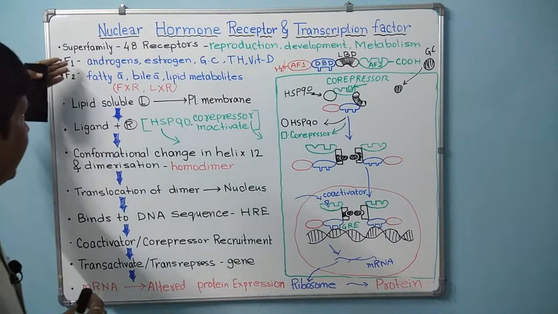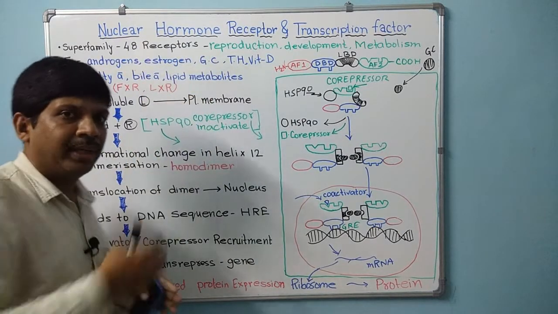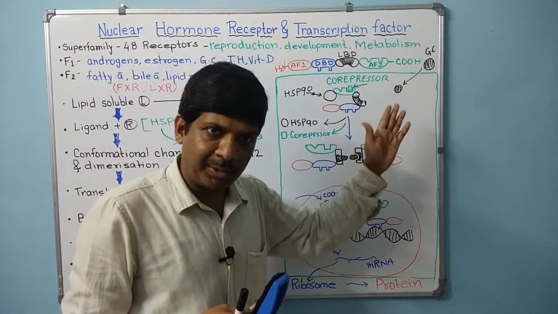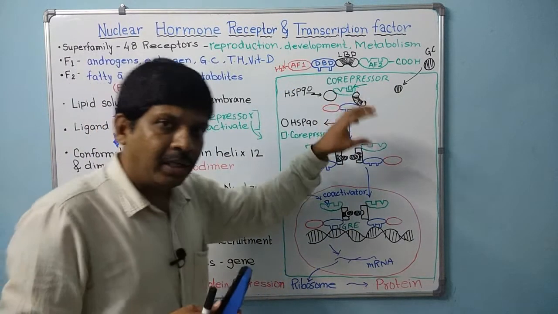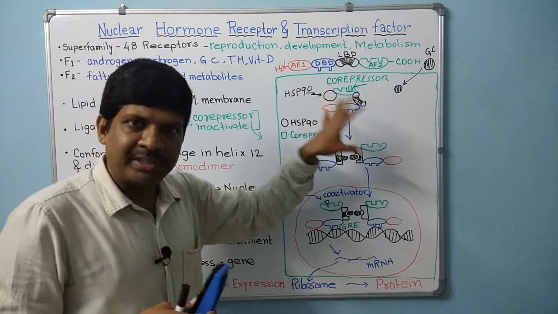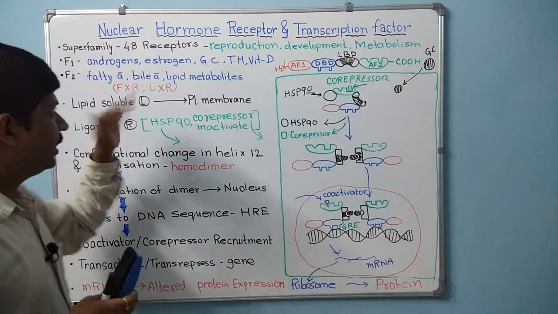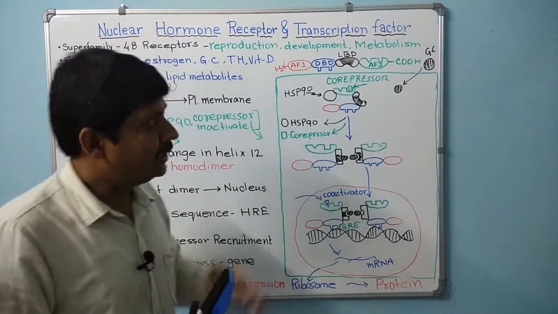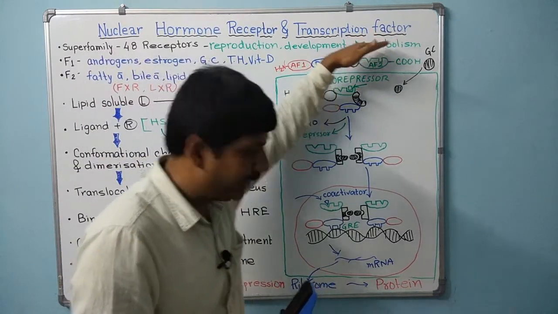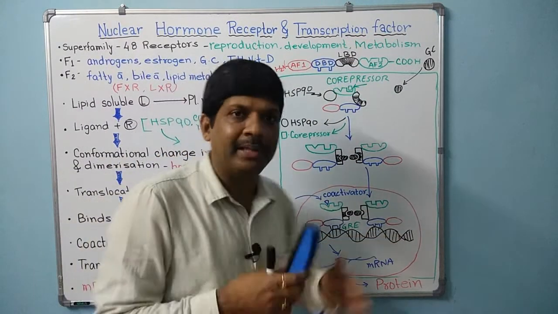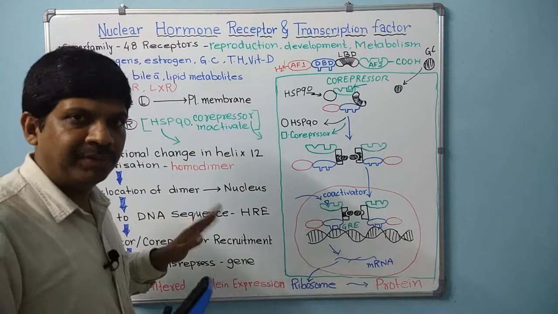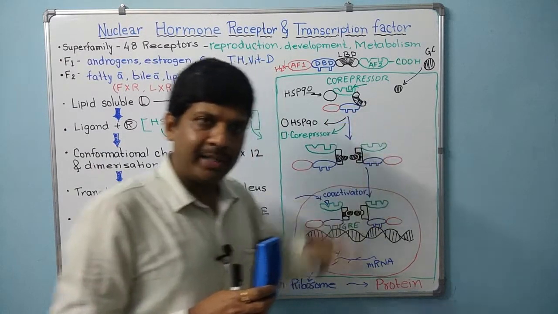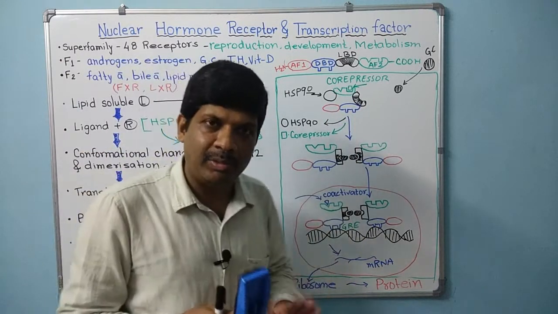So this first type, mostly the glucocorticoid type of receptor, is present inside the cell, that is the cytoplasm, and a ligand comes and binds to that receptor present in the cell. Whereas for the other family, the receptor is present in the nucleus, and the ligand has to come all the way from outside to inside the nucleus and then bind to the receptor. So this is the major difference. There are two types: in the first the receptor is present in the cytoplasm, and in the other the receptor is present in the nucleus.